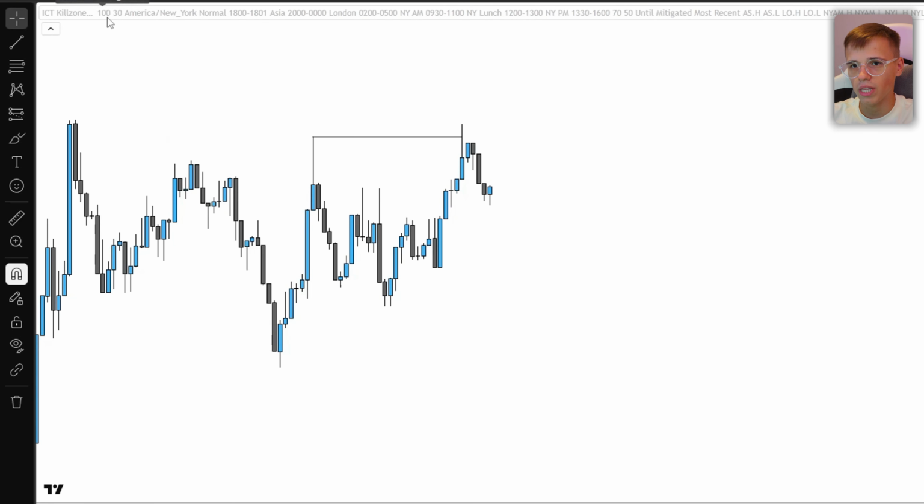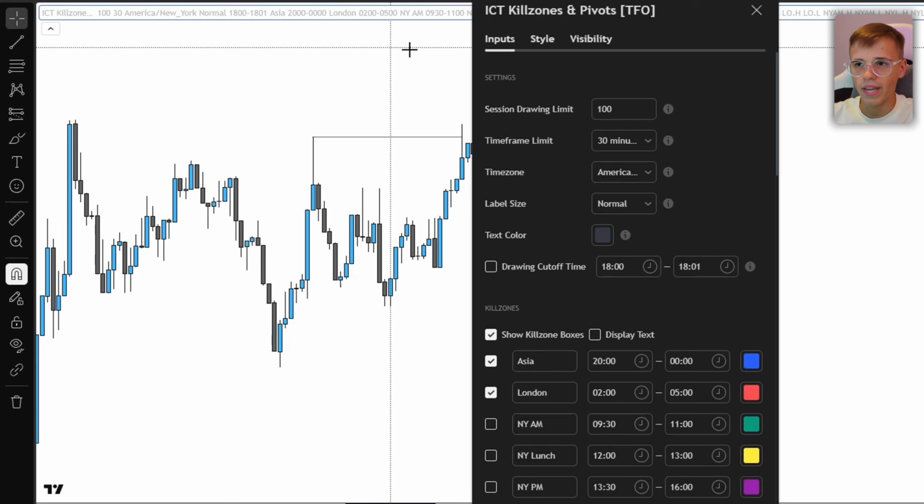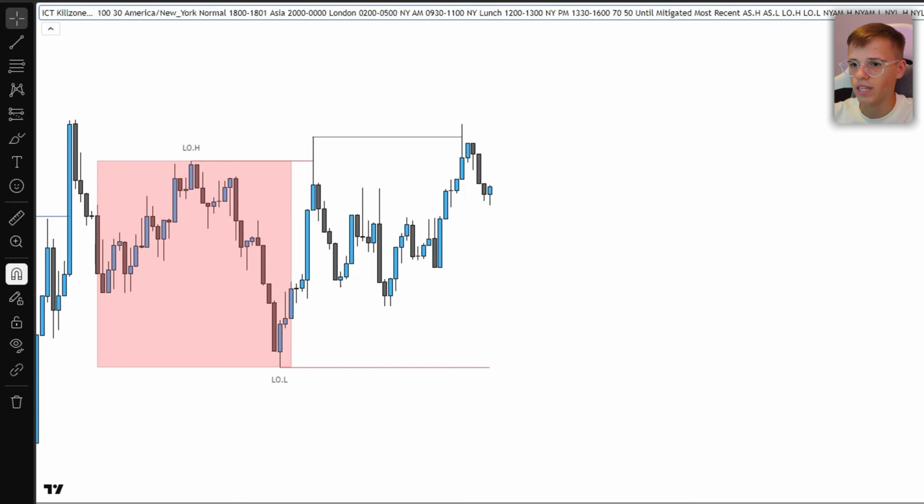So if you turn on this indicator, trust me, it's not going to be some kind of buy or sell indicator. It's a logical indicator that is going to show us session liquidity. It is called IC real zones and pivots, and once you turn it on like this, it is going to show you basically session times. Session liquidity is one of the most important liquidities in the market, because we are going to look at it every single day, and it is just going to be a great powerful liquidity.